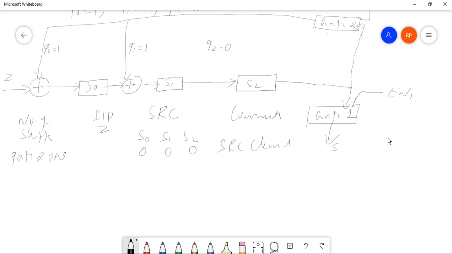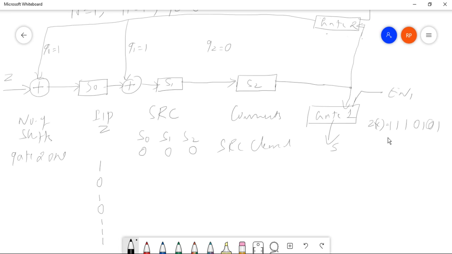Now the input, that is z of x, they have given in the problem as 1 1 1 0 1 0 1. This is the z of x which they have given in the problem, that is the received vector. Remember, we always have to write it from the right side. So on the right side it is 1, so let us write 1 first. Then there is a 0, so let us write a 0. Then again 1 0, again 1 0, then finally triple 1. So remember, always from right side to the left side.